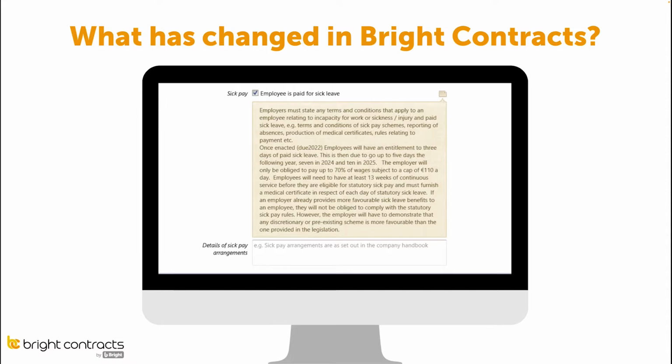But we have also updated the handbook on a small scale under the absence and annual leave section. We haven't detailed too much about it in the handbook because, as I previously mentioned, your contract of employment should detail your sick pay arrangements. So this is where what we have in the toolbox may be helpful to have in the contract, and then also the small addition to the handbook. When you log into your software, just simply go to the absence and annual leave section of the handbook, and then in the contract section, go to where you detail your sick pay arrangements.